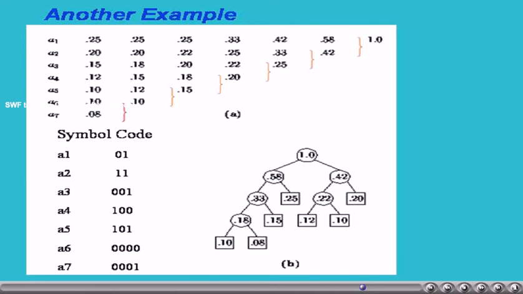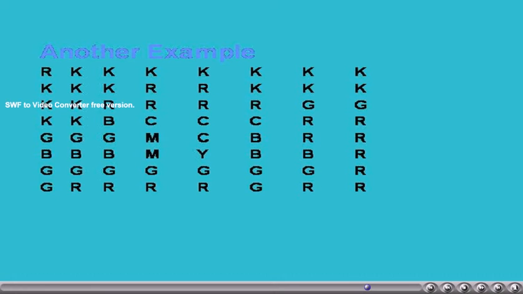From the tree, we can find out the Huffman codes of the symbols, A1 as 01, A2 as 11, etc. Design the Huffman codes for the following data.